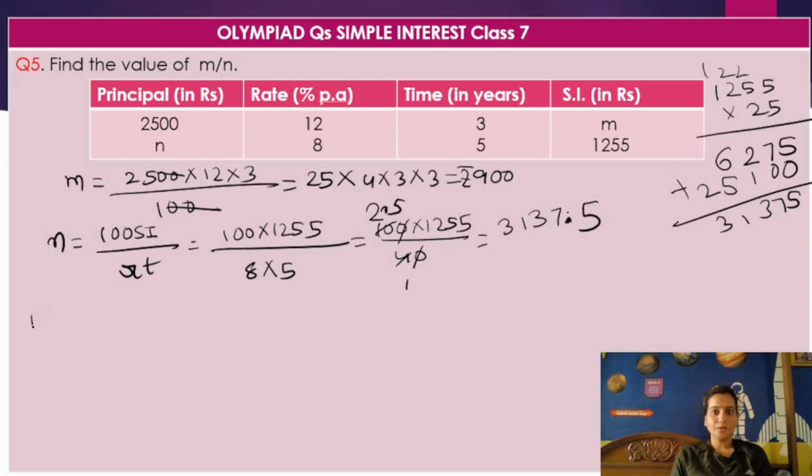सो आई हैव टू डू m बाई n, राइट। अच्छा, ये तो रुपीज में भी है, ये भी रुपीज में है, दिस प्रिंसिपल अमाउंट n। सो m बाई n अगर मुझे निकालना होगा, सो आई हैव टू डिवाइड 900 बाय 3137.5,